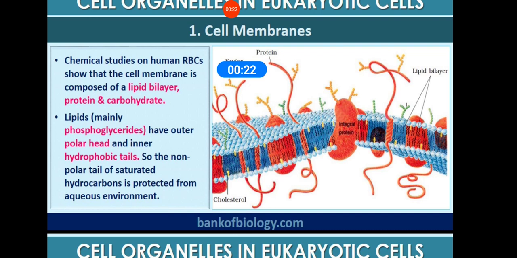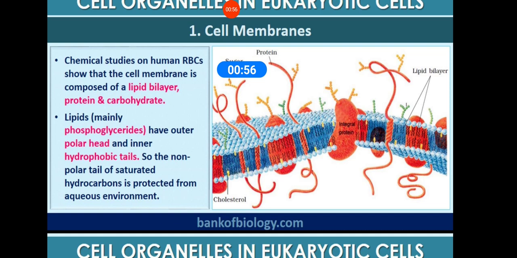Now, cell membrane. Every living cell is covered by a thin, elastic, transparent, semi-permeable, regenerative membrane. What have I told you? Thin, elastic, transparent, semi-permeable and regenerative membrane, which is called a cell membrane. We call the cell membrane a plasma membrane or plasmalemma. You can note down the other names of the cell membrane.